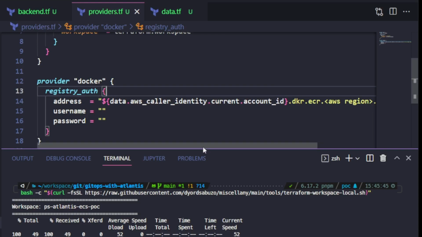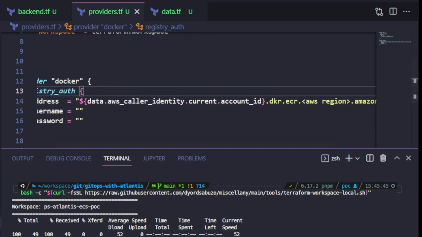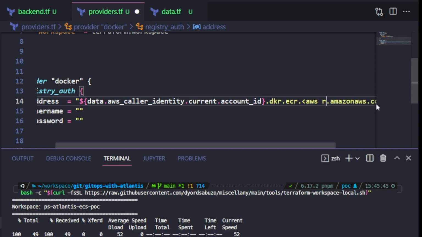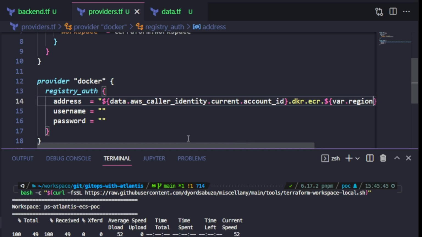For the AWS region in the string, I can simply use the region input variable that is added to my code by default. Now that my address property is set up, I need to set the username and password fields. For these fields, I need to use a data reference to an ECR authorization token that can be generated for me by AWS. And so if I head back to my data.tf,